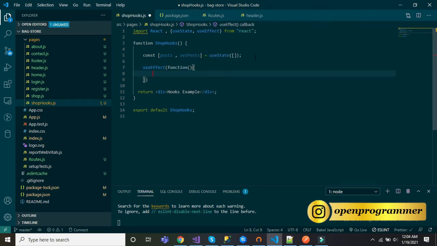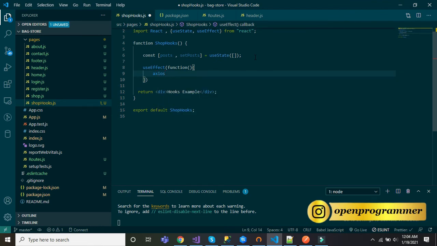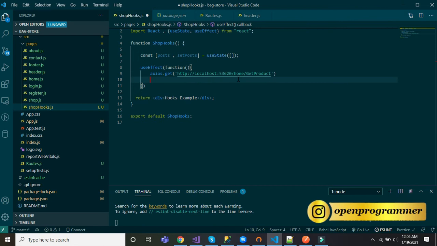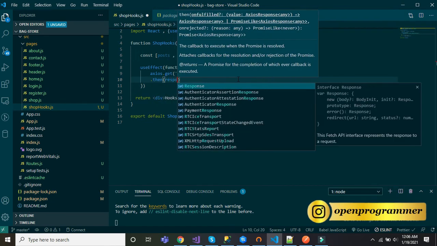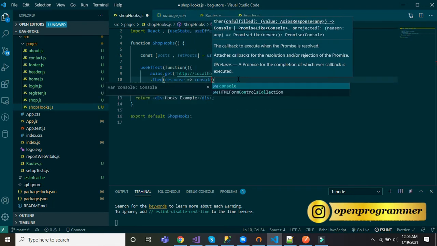Here we will use our axios.get API. So axios.get will require the API endpoint. Let me copy it from the browser. It's a promise-based API, so then response. First let's log the response.